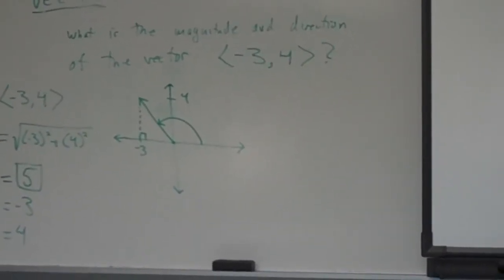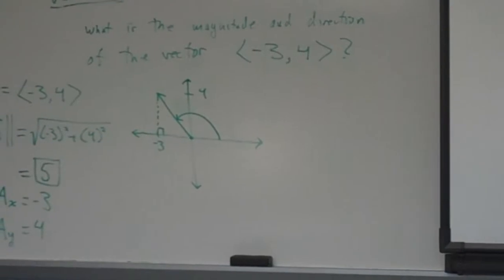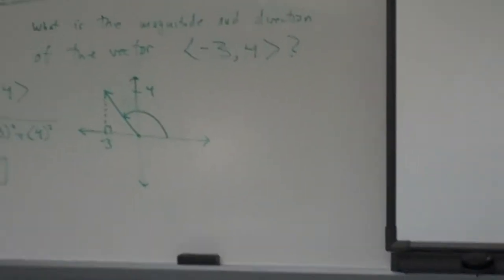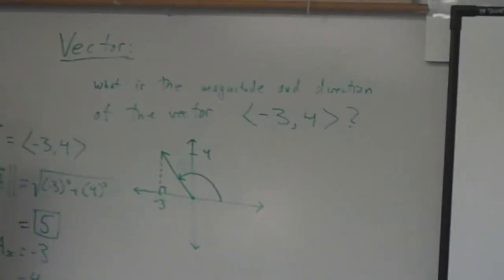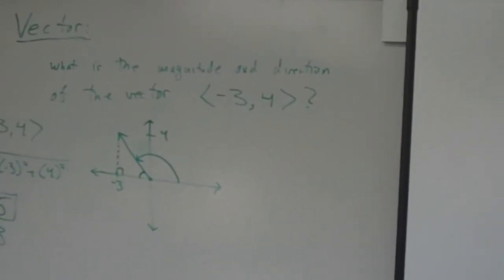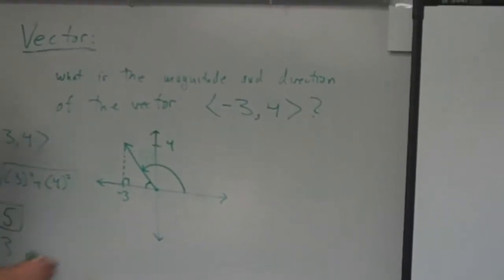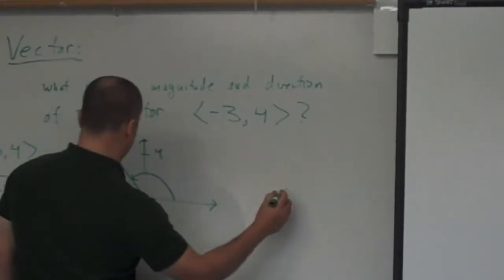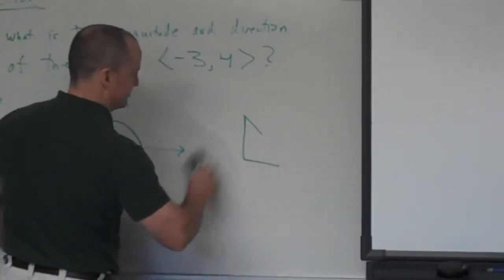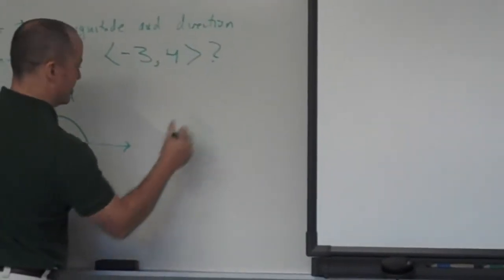SOHCAHTOA gives you ratios when you know angles. That looks like 135. You want to know this angle down here? Yeah, and then subtract it from 180. That's an excellent strategy. How do you, if you know these 3 lengths, if you're looking at a triangle, I'll draw it over here. So the sine of theta would be